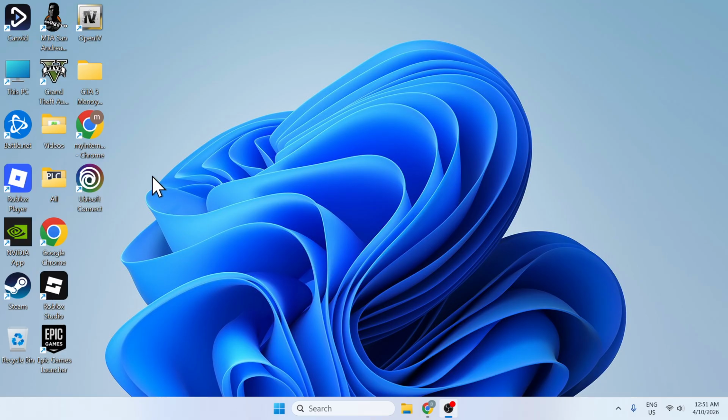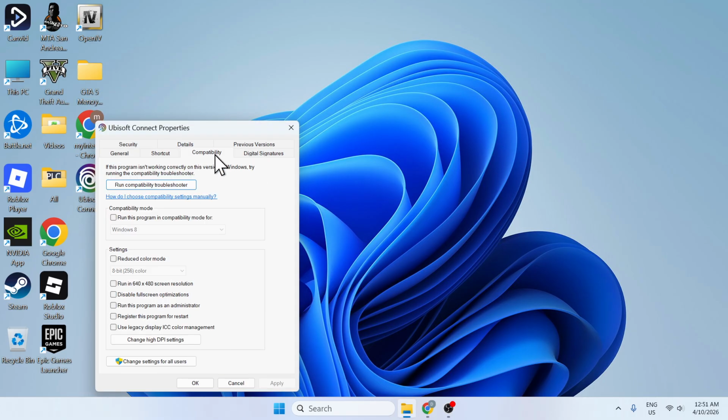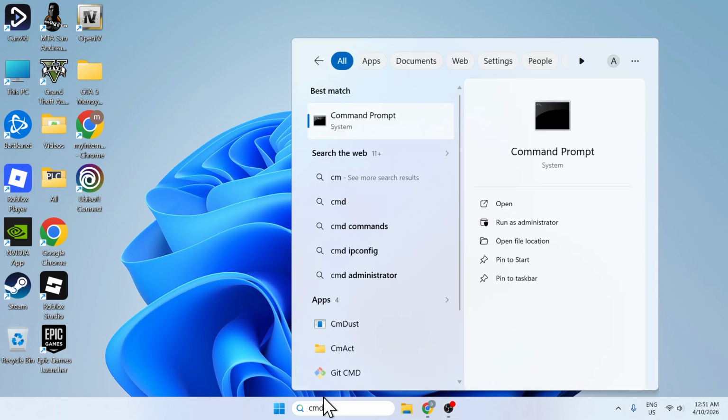So now what you're gonna try is to run your application. So let's say, for example, you're trying to run this one. You would go to properties, go to compatibility. So running the troubleshooter might actually help. So I recommend trying this option, and if you're still failing, then you can go ahead and open CMD again